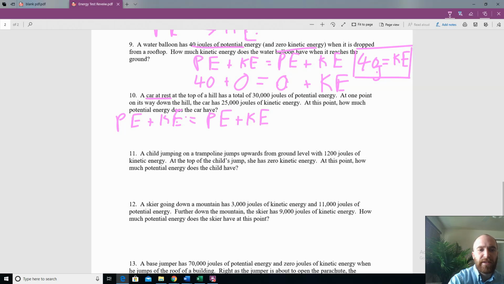Alright, car is at rest at the top of the hill. The fact that it's at rest means it has 0 kinetic energy. It has a total of 30,000 joules of potential. So I'm going to make this 30,000. Alright, equals. At one point on its way down the hill, the car has 25,000 joules of kinetic energy. How much potential does it have? So we're solving for this potential. That's what I'm asking for. That's what I'm interested in. PE